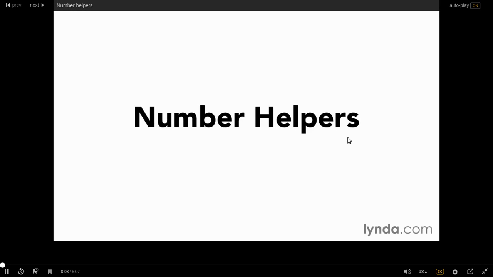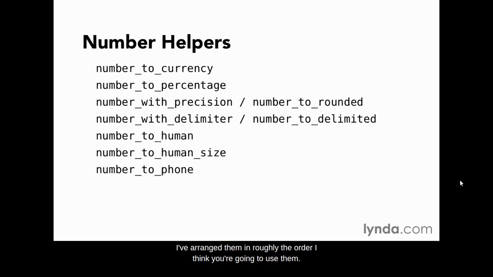help us output numbers. We won't spend a lot of time on the numbers helpers because I think they're pretty straightforward. There are 7 main helpers that help you to format numbers for display. I've arranged them in roughly the order that I think you're going to use them. We have number to currency, number to percentage, number with precision, number with delimiter, number to human size, and number